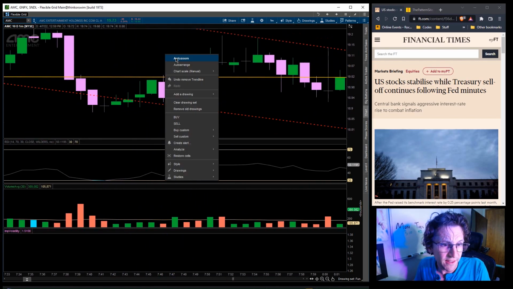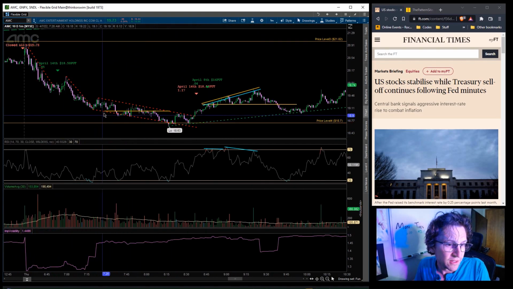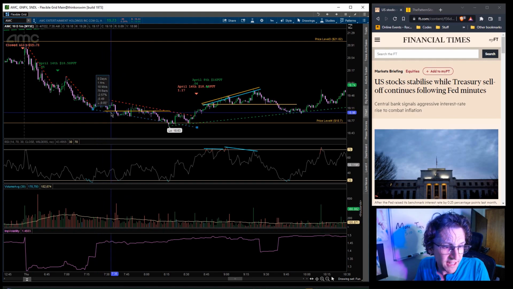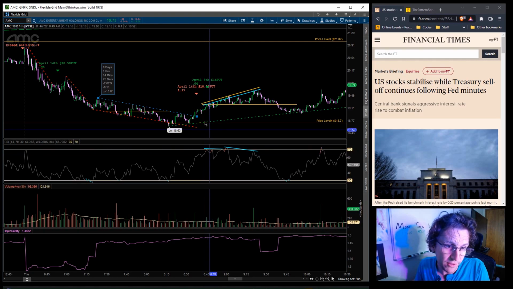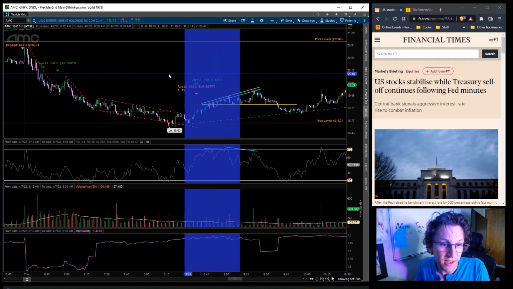But ultimately, I thought we were seeing a bear flag shape up, right? So you see that I have two parallel red dashed lines here. I thought this was going to be a half staff flag, and we'd see another $2 drop. And so the price broke up and out of that pattern, which I didn't like.